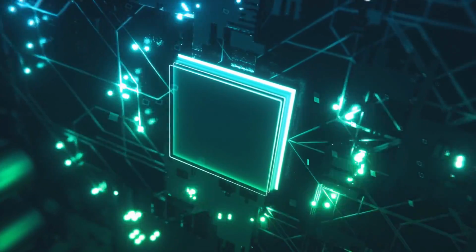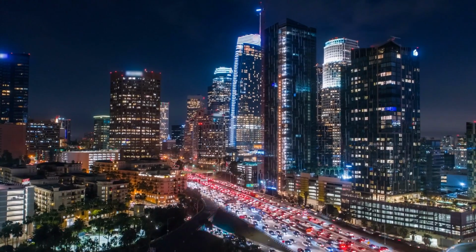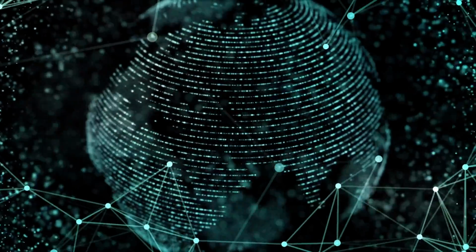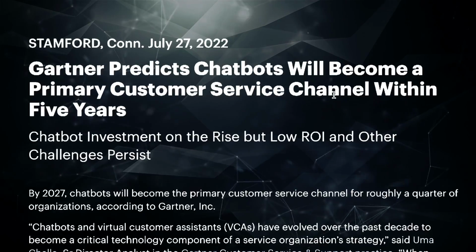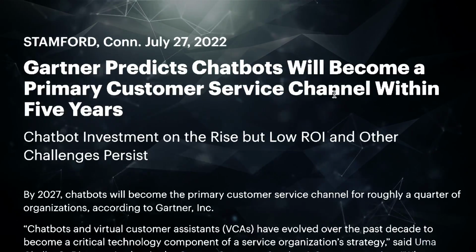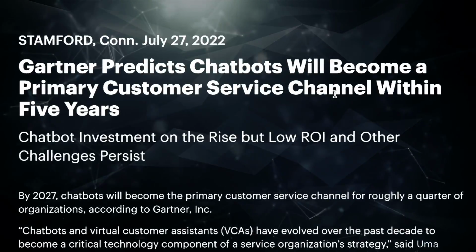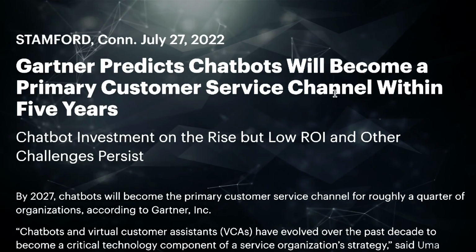In the past year, we've seen the unparalleled adoption of chatbots across many industries. There hasn't really been an obvious technology that has been adopted and become so widespread so quickly as chatbots have. And in fact, according to a couple of reports from Gartner, they actually expect chatbots to be the primary communication channel for 25% of all organizations by 2027, which is not really that far away.